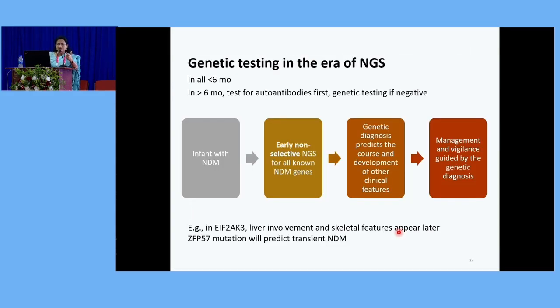So genetic testing in the era of NGS, now of course, clinical phenotyping is very, very important. But as I said, some manifestations evolve over time. So now in all babies less than 6 months, you can go for NGS directly, non-selective, and the genetic diagnosis will predict the evolution and the other features that you can think of encountering, and you keep on being vigilant for those. Like in the baby 6 weeks old that